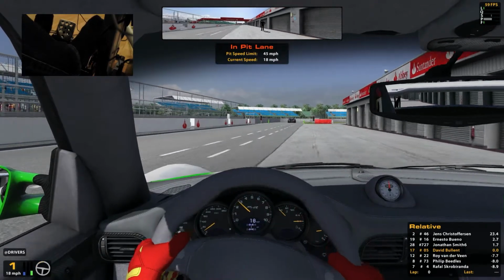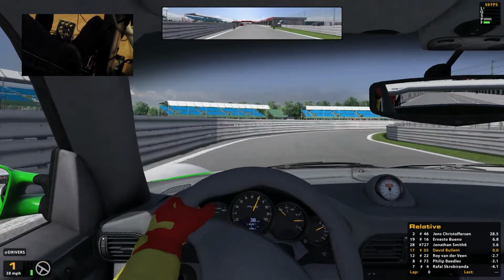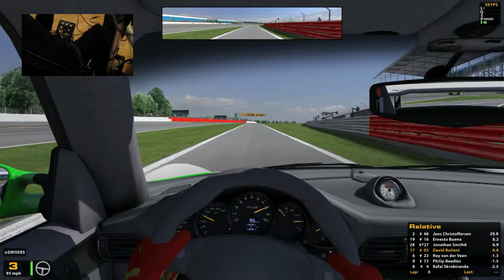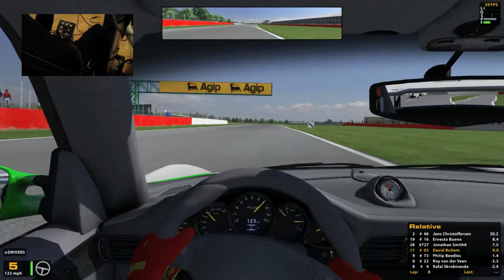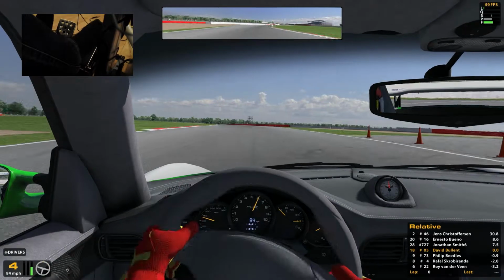Now Silverstone, I know better than Alton Park, because obviously this one's been in a lot of sims. But for some reason, the car seems like a totally different car on it. It's still tarmac, it's still the same car, but it was undrivable, absolutely undrivable. So what I've done